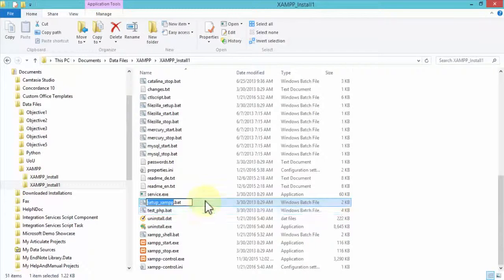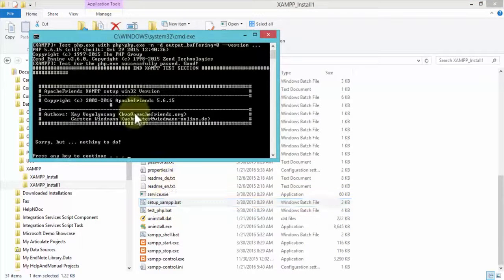And this batch file simply runs and clears the cache and runs a small script. For example, if I were to run this again, notice it brings up the command prompt and it will run the script. So this is an automatic process. So before you bring up the control panel, you may have to run the setup.bat and make sure that your C++ redistributable 2008 version is also downloaded and installed before you can successfully open up the control panel and finish